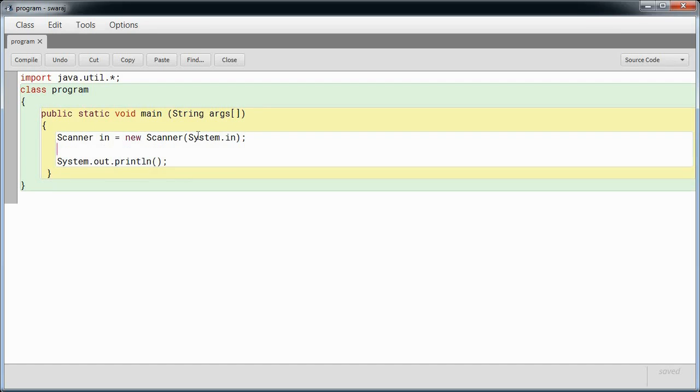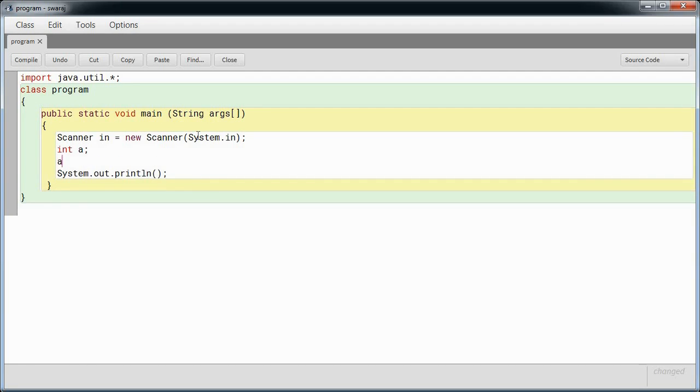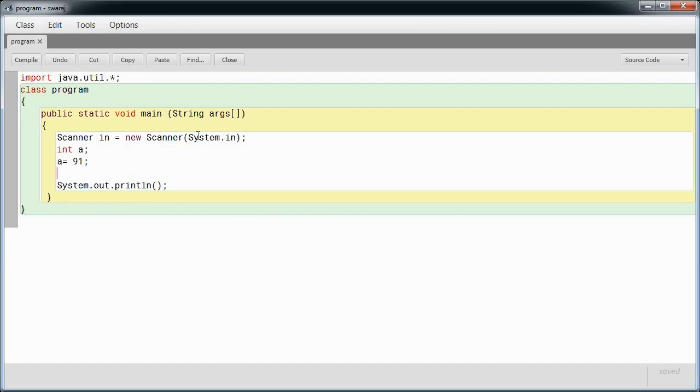As you can see on your screen, I have written the basic program, and now we will write our main program. Let's declare an integer a; Now we will give some value to our integer a. Let's give it 91 in this case. Now we will find the logarithmic value of 91. An important thing here is that the system will return us the answer in double data type and not in integer or long, because it is a predefined function and the developers have developed it in that way.